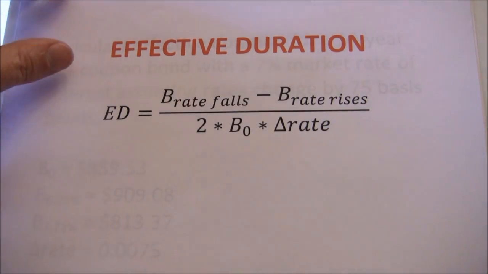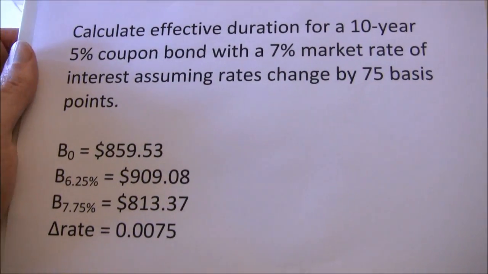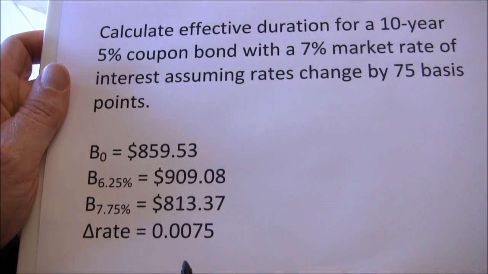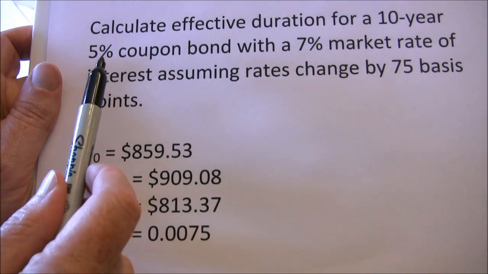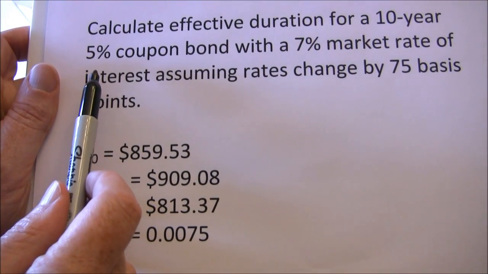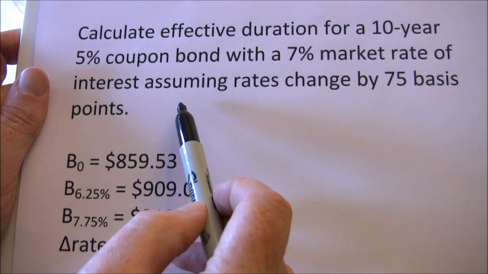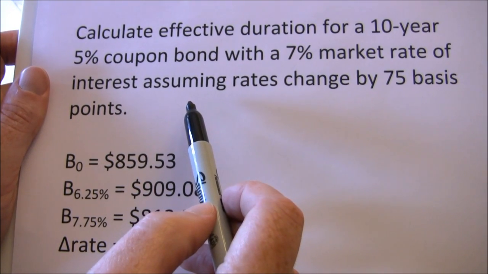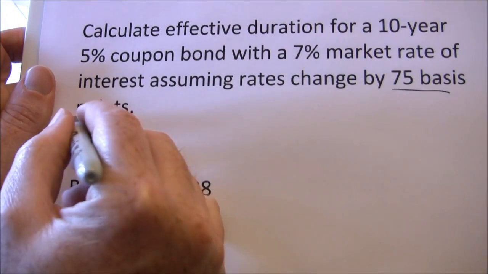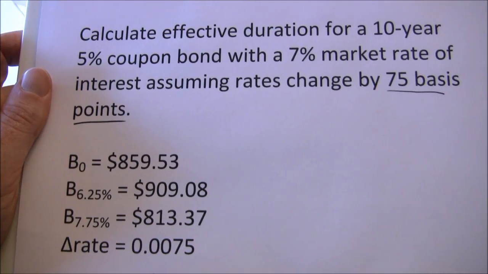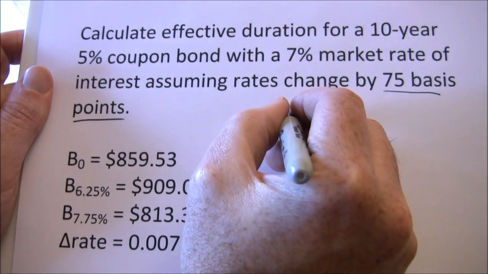In my example, we're going to assume a simple bond. So with this approach here, we're not really adding much value in this example, but I just want to show you how it works. We want to go back and calculate the effective duration for a 10-year 5% coupon bond, 7% market rate of interest, assuming interest rates change by 75 basis points. So this is our same example as before, but now we're looking at given a certain percentage change in interest rate. 75 basis points is